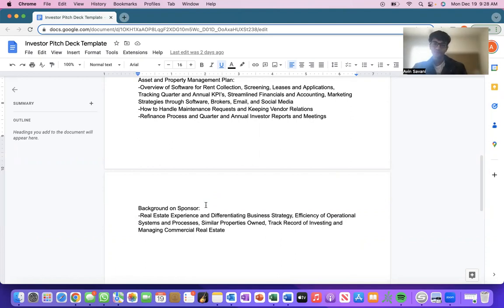So from the construction management perspective, handling the contractor, the scope of work, the draw schedule of their payments, right? Just inform all of the partners about how the process is going to go, the development tracker that you have, and the ultimate plan that you have for property management, right?